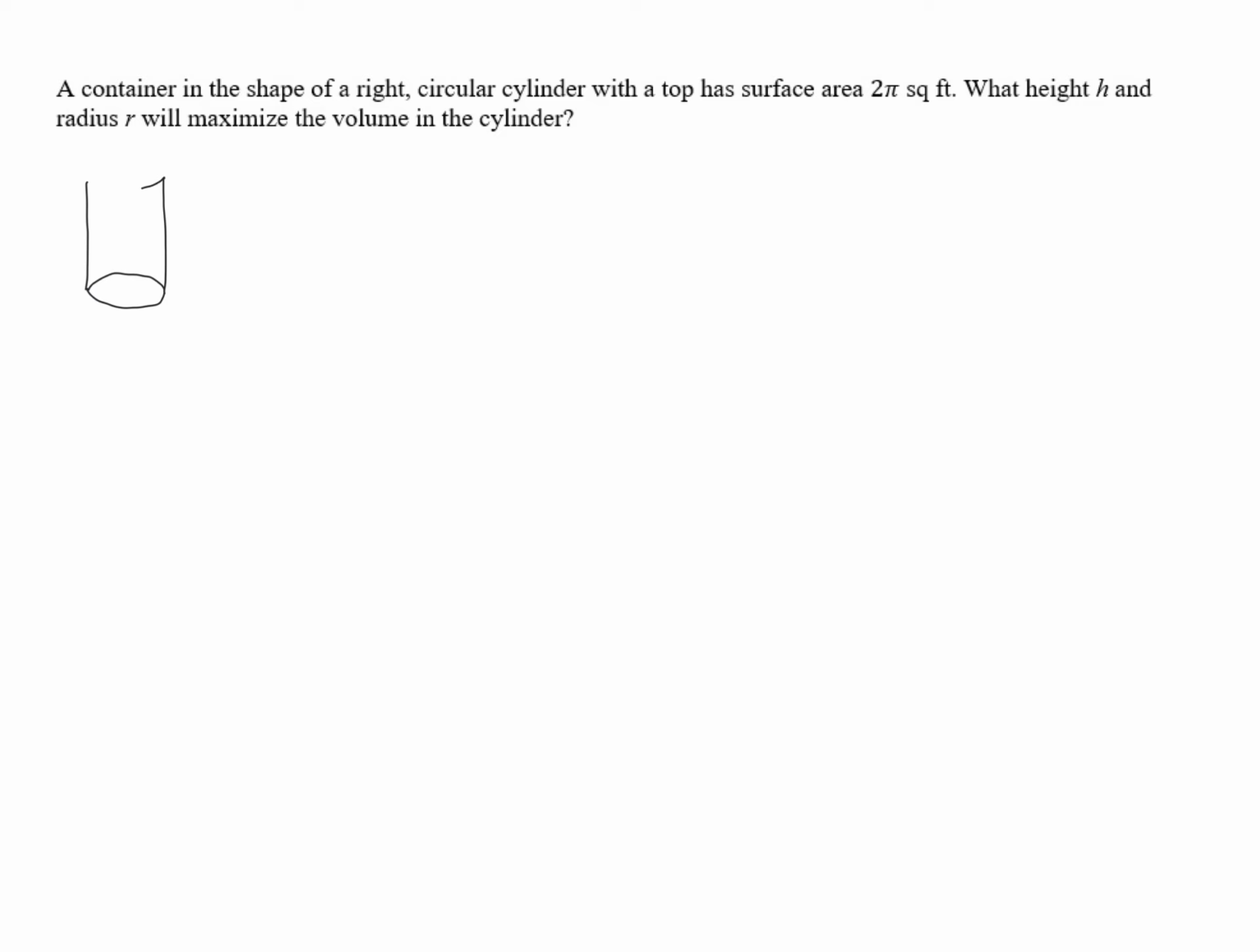It's going to look something like this with a radius and a height. And we want to maximize the volume in the cylinder. Do you know the formula for the volume of a circular cylinder? Well, the volume is going to be the area of the base times the height. The area of the base is going to be pi r squared, because it's a circle, times the height, which